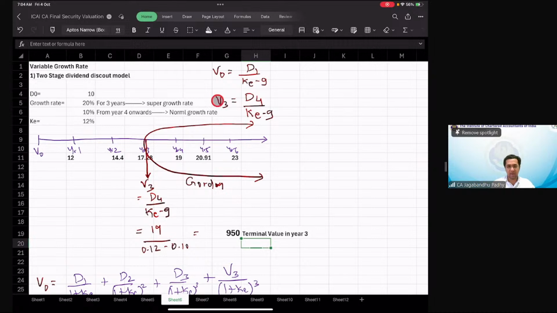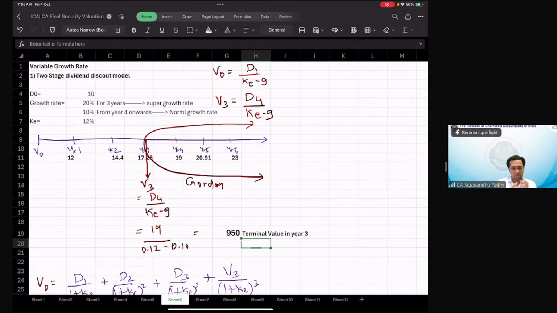Because the formula that we had suffered from a difficulty or a problem that KE was supposed to be greater than the growth rate, right? But that is not going to be always possible, right? The dividends cannot be growing at an abnormally high rate forever. So there has to be a time where the growth has to stabilize, right? And therefore we consider that there are two stages for dividend growth. One is a high growth rate, a super growth rate, and then you have a normal or a